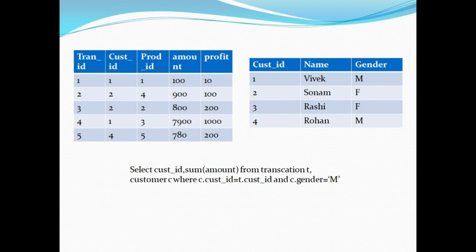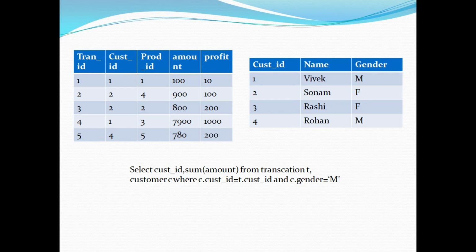So let's try to understand this particular query. Here we are trying to identify the amount of revenue generated by customers who are male. What we have learned earlier is that since gender is a low cardinality column, we can create a bitmap index on this column. So first of all, when Oracle executes this query, it will identify which particular customers are male, and then on the basis of that it will join with the transaction table and retrieve the results. So it will still have to join the customer table and the transaction table in order to retrieve the results. This is what is avoided using a bitmap join index.